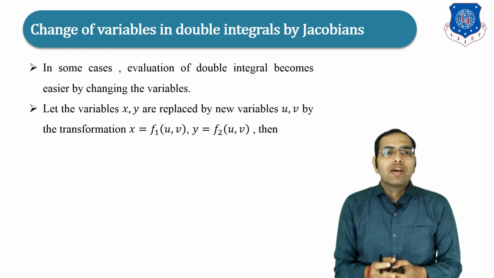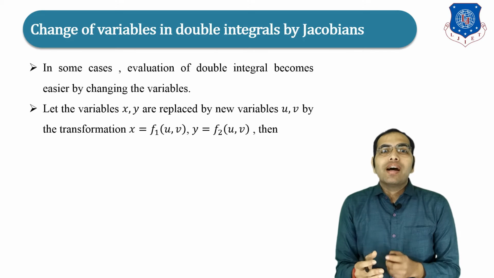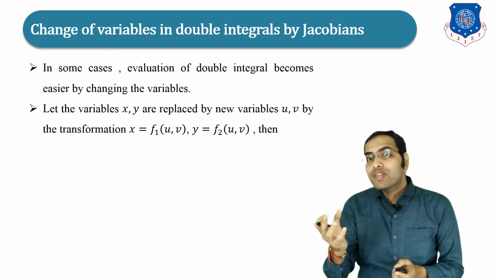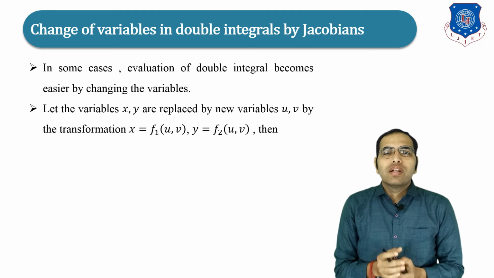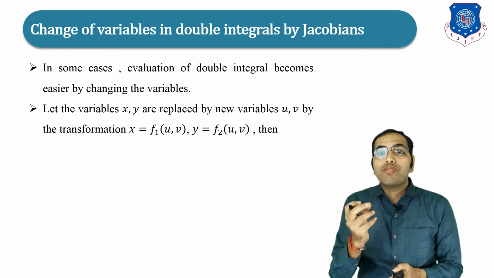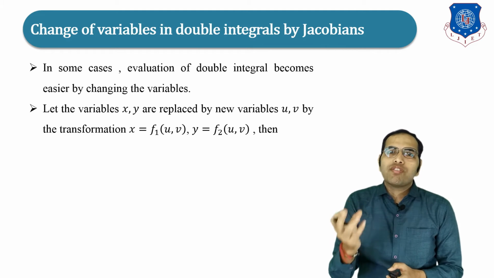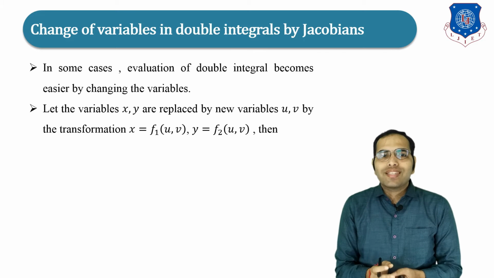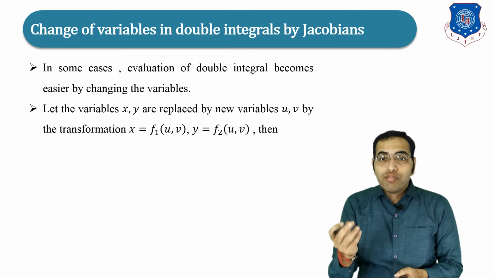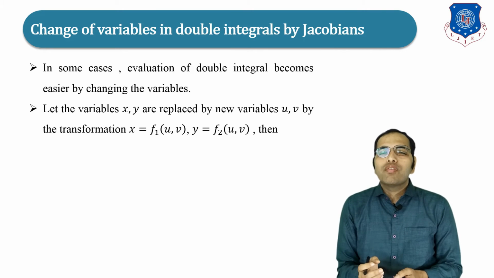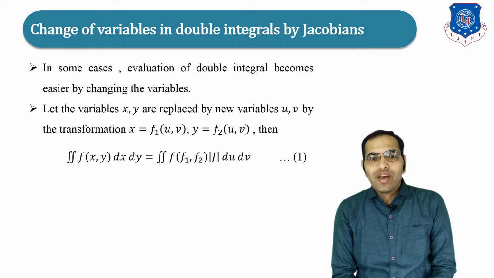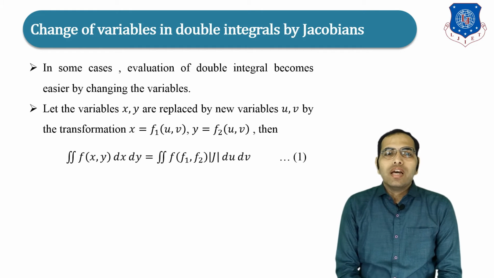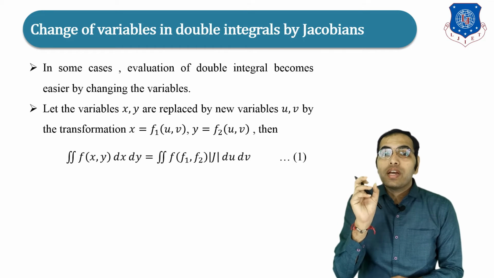For that, the variables x and y are replaced by the new variables u and v with the help of a transformation. That means x is a function of u and v, and y is also a function of u and v. For example, x equals f1 of u, v and y equals f2 of u, v. Then the double integral of f of x, y dx dy equals the double integral of f of f1, f2 into mod J du dv,